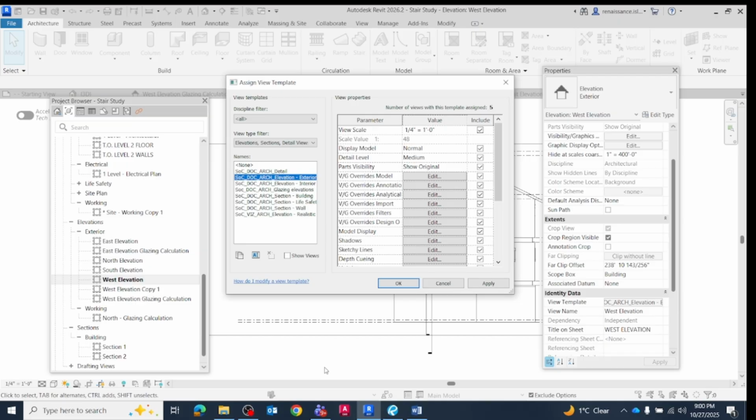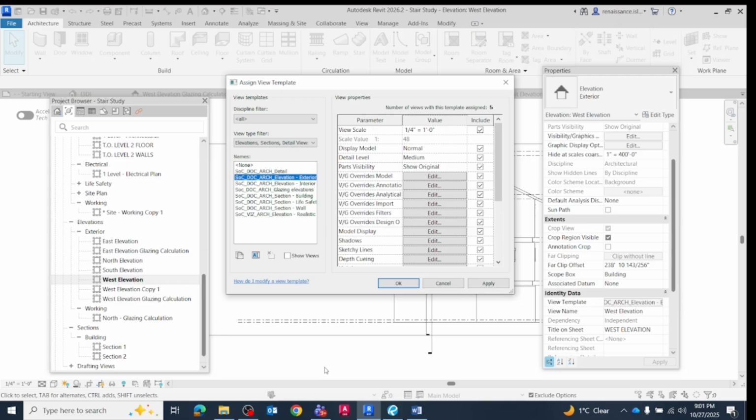So for example, for all the floor plans there is one template, for the elevations there is one template, and for the sections there is another template. It's mostly because when you show the drawings, say you have three floor plans, and you don't want to keep the furniture, but you want to keep all the plumbing fixtures, the walls, and the floors. So I'll just set it up at a certain scale, and then all three floor